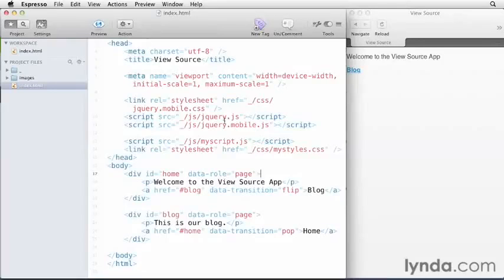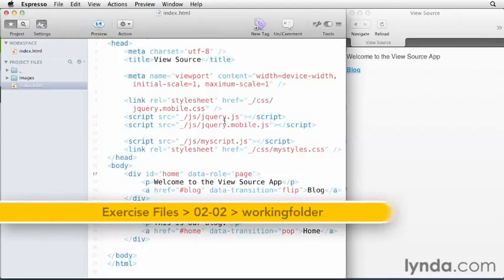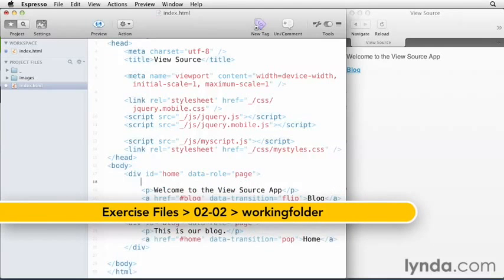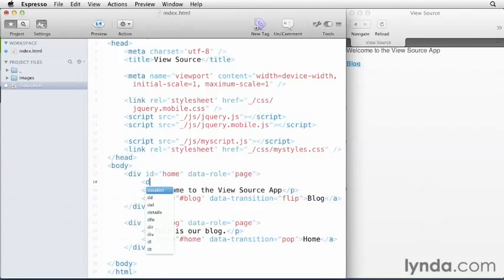jQuery Mobile allows you to create page headers that look like native application headers. So let's take a look at some of the options when working with page headers. To add page headers, all we need to do is add a div onto our page and assign it a